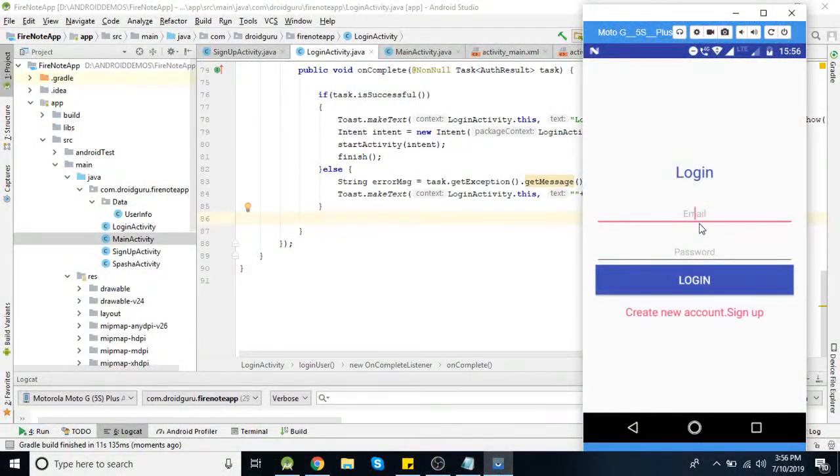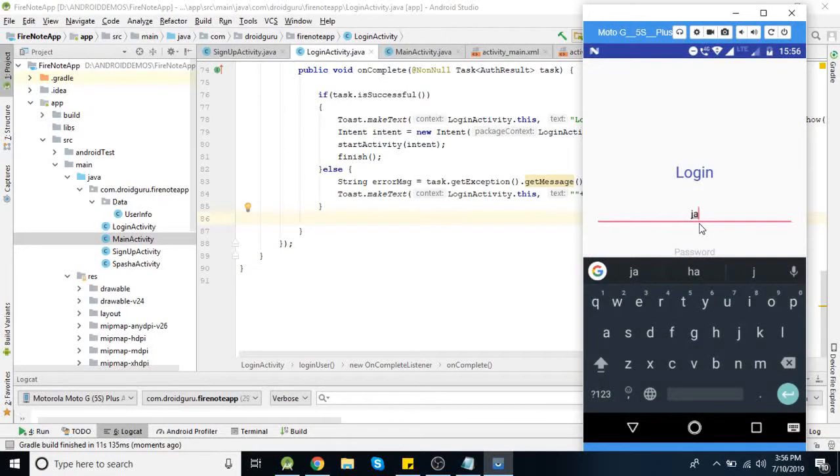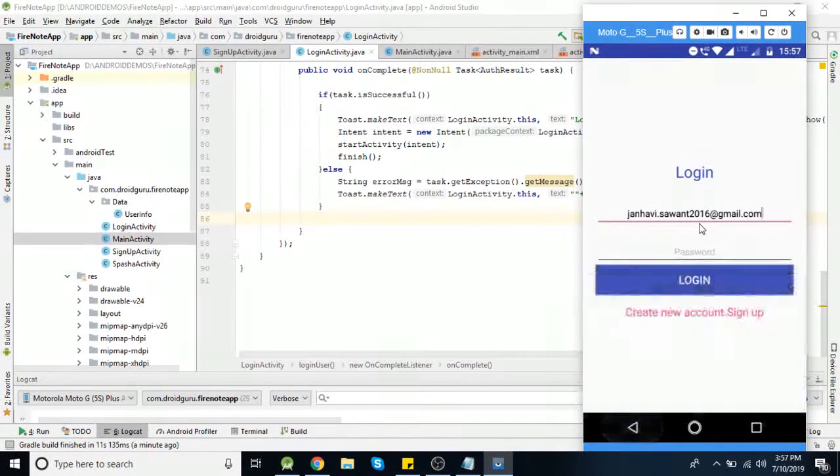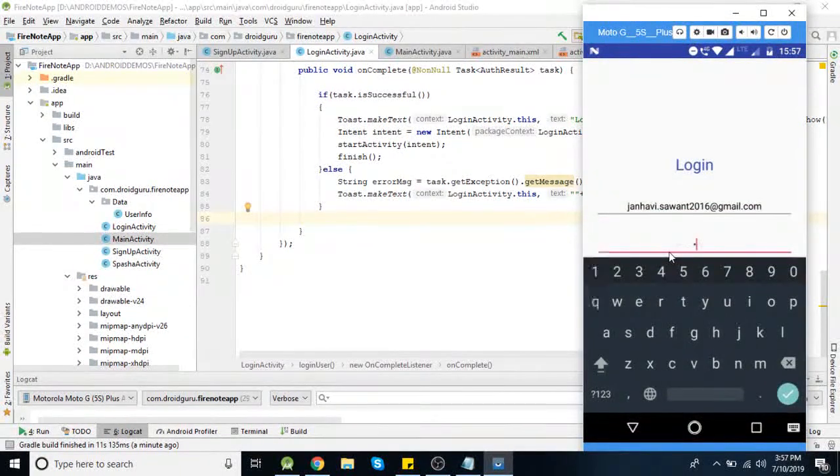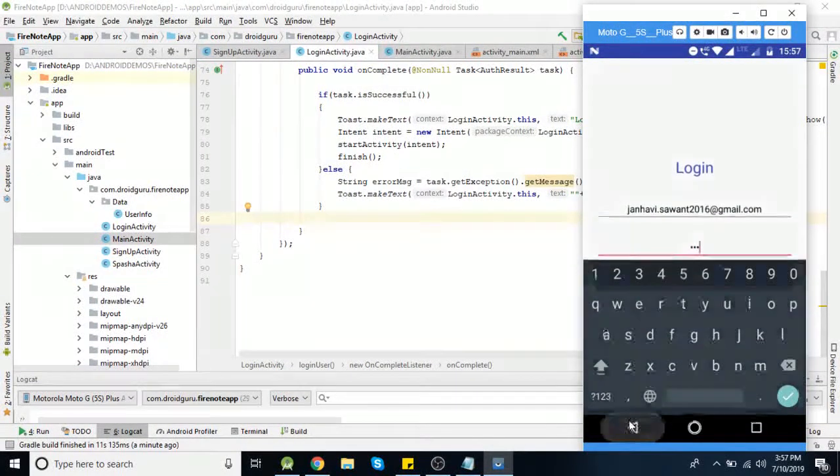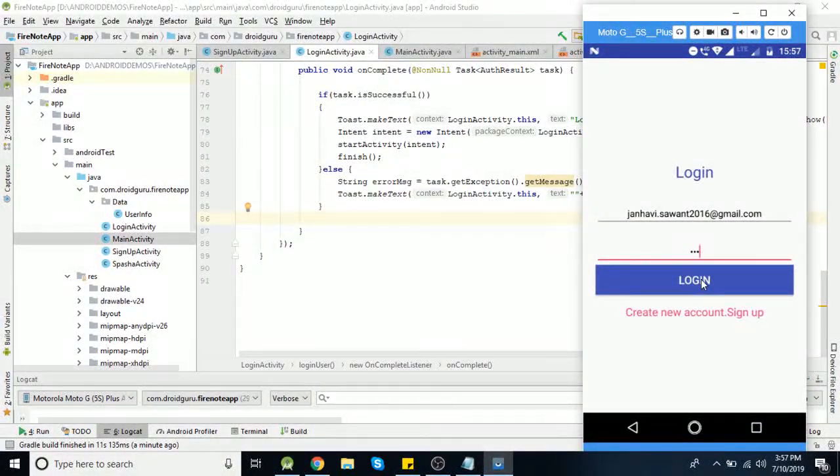Now first we'll try with some wrong values, so that we'll get to know if this error message is working correctly. So I'm adding an email like this, and entering some wrong password. Okay. Now if you click on this login, it will toast the error here, the password is invalid, or whatever error you are getting will be displayed here.